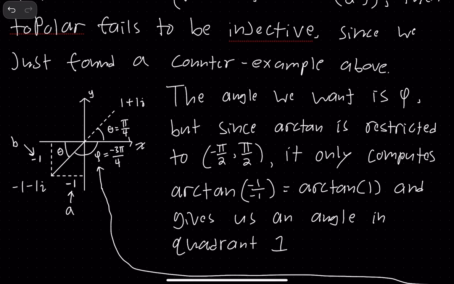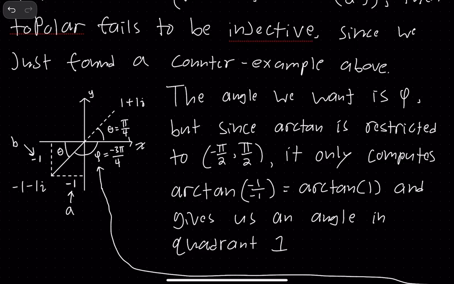So when we want to parameterize -1 minus 1i, that vector is over here, in quadrant 3. What we really want is the angle from the positive x-axis, this phi angle here. But since arctangent is restricted to this side of the Cartesian plane, what it'll actually do is flip quadrant 3 into quadrant 1, and then it'll calculate theta over here